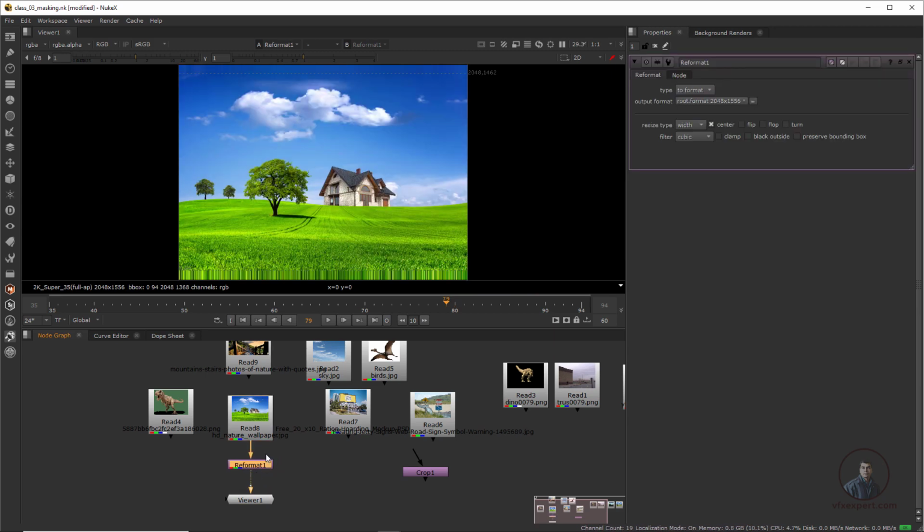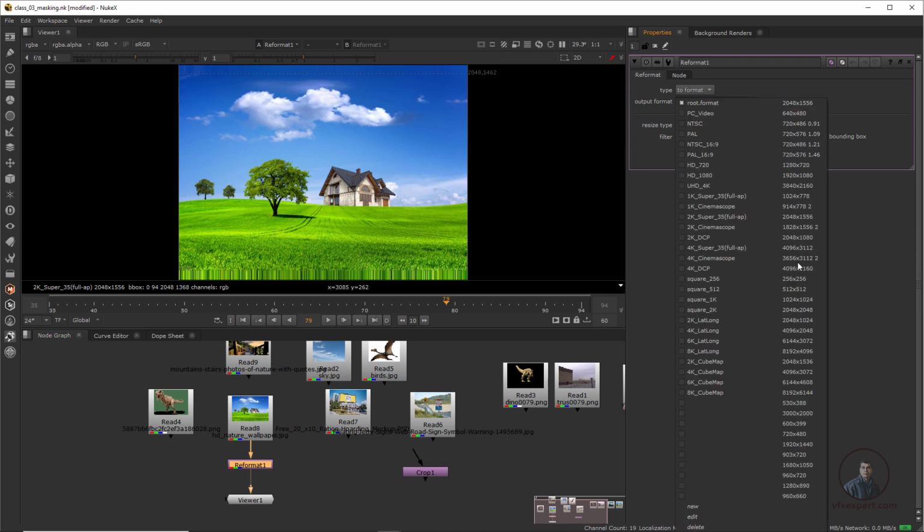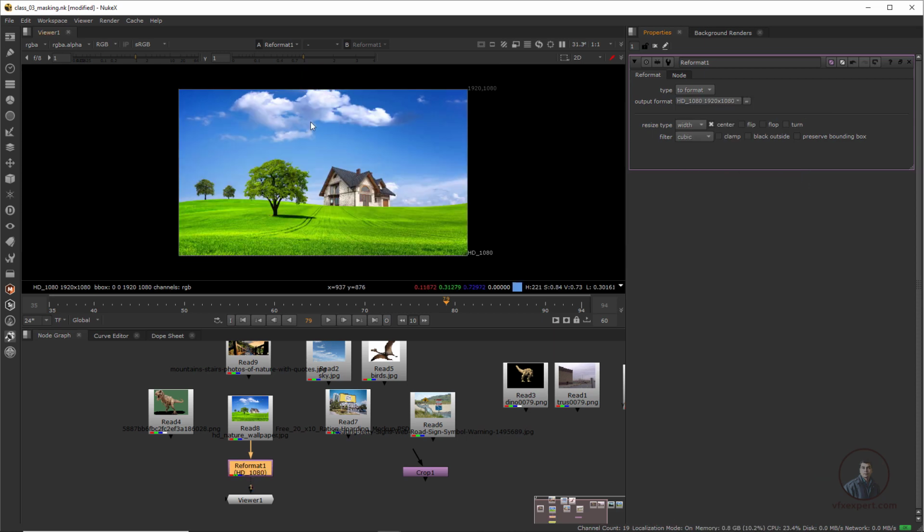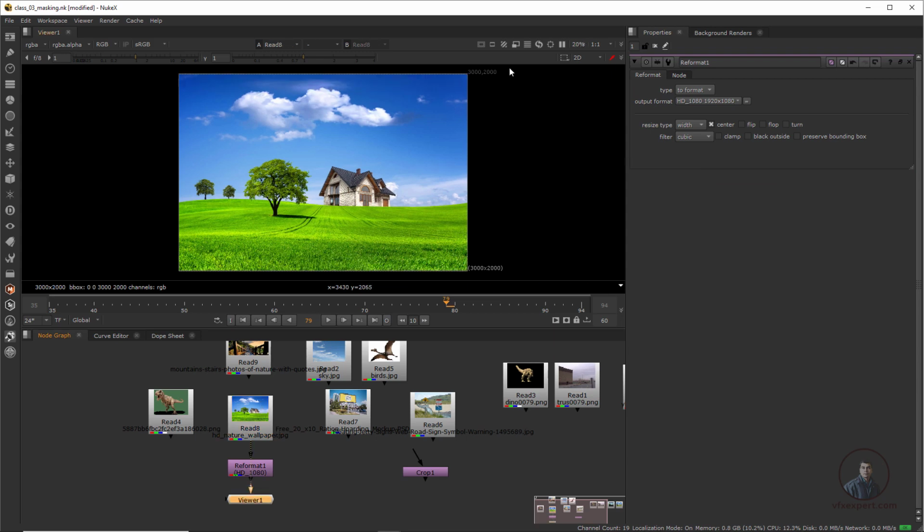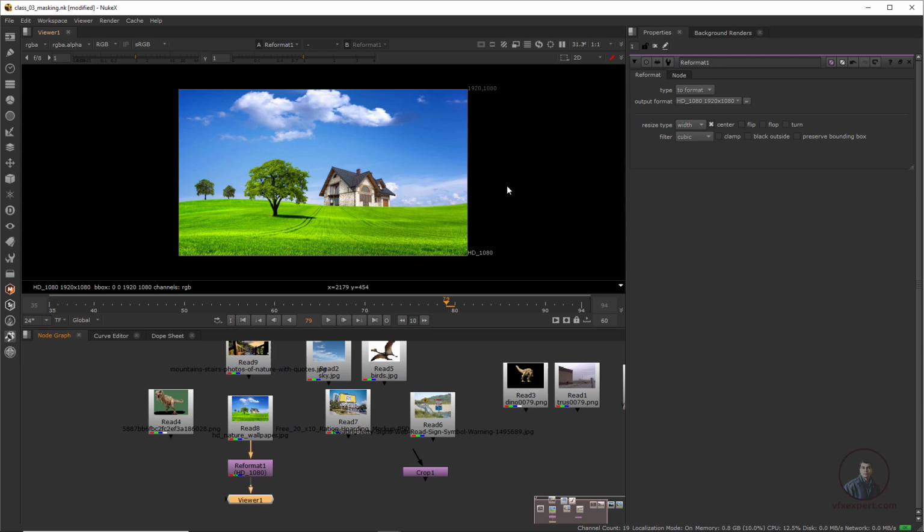Then double click on the reformat, and in output format we can select our desired format, the one in which you want to reformat this image. Here I am going to reformat this image to full HD, which is 1920 by 1080. So select this one. Now I have reformatted this image from its original frame size to 1920 by 1080.